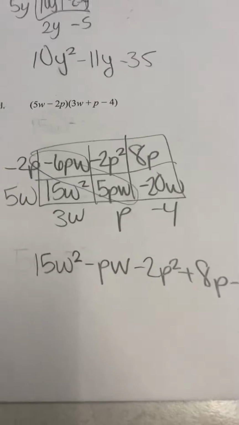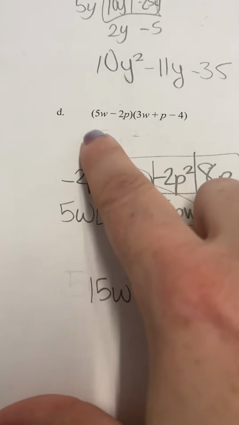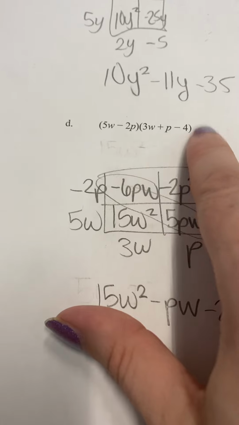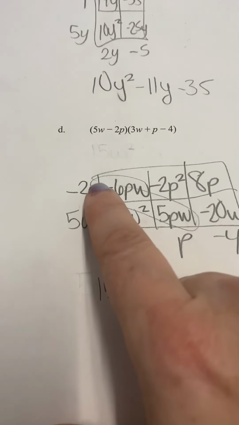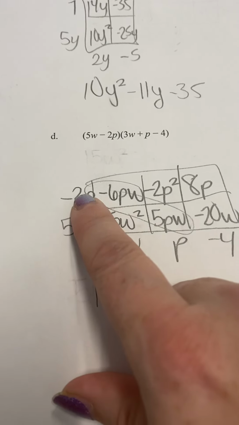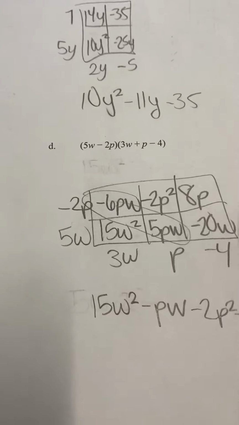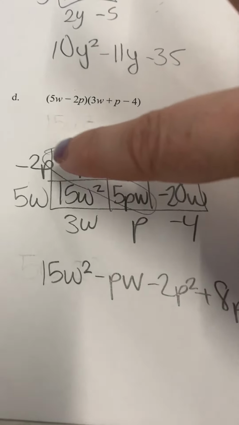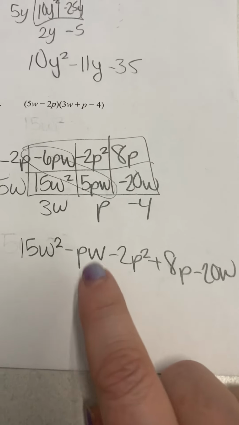D is a little harder because it's a little longer. You have two terms here, so I made it 2 high, and since I have 3 terms here, I made it 3 wide. So you go ahead and write it. You have your 5w minus 2p, 3w, p, negative 4, and get everything multiplied, and then you're going to combine your like terms. The only two that are alike this time are these, and that's how I got that